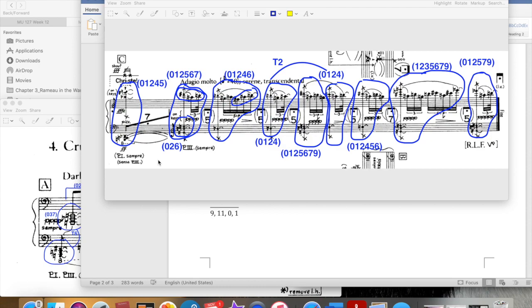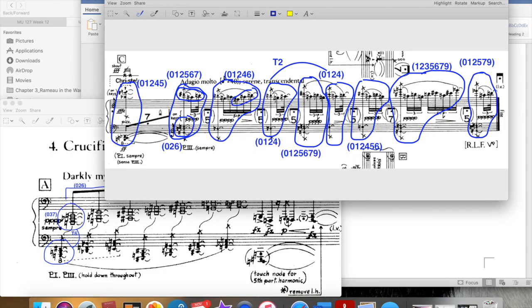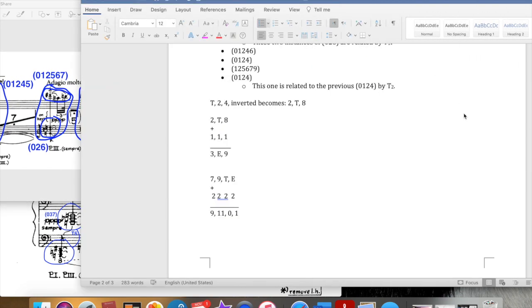Okay, so now let's talk a little bit about sets, subsets, and symmetry. I didn't mean for those all to start with S, but here we are. So, in this excerpt, not so much in the other one, we talked about how there were all these 012s, and then a couple of times, a lot of them also have a tritone, have that 6 present, and 026 came up as the subset here. So 026